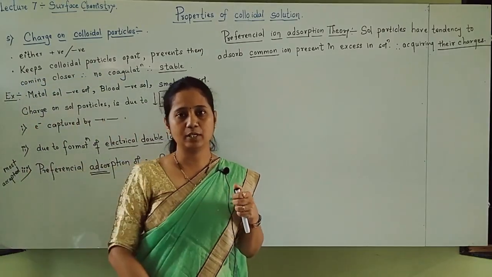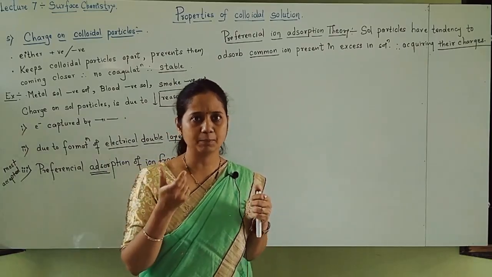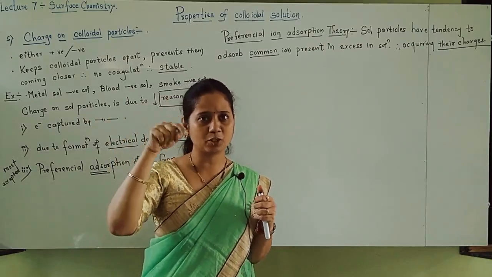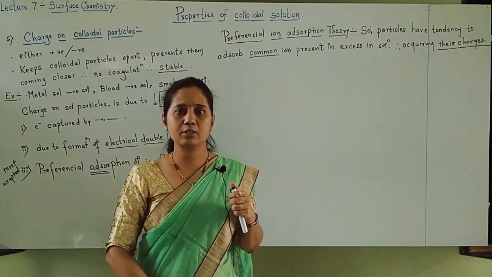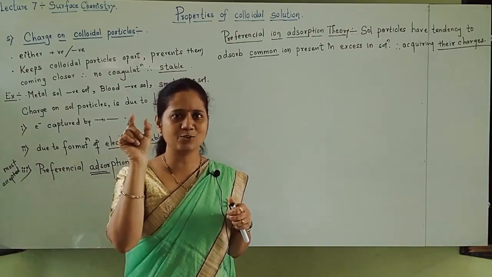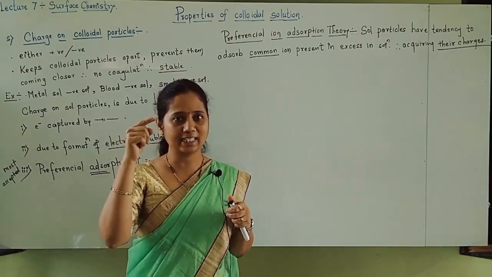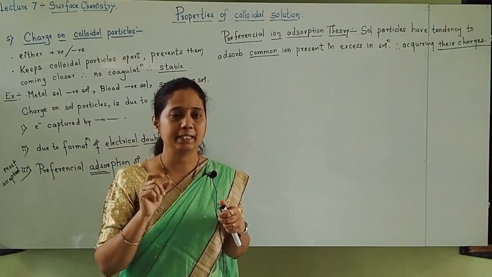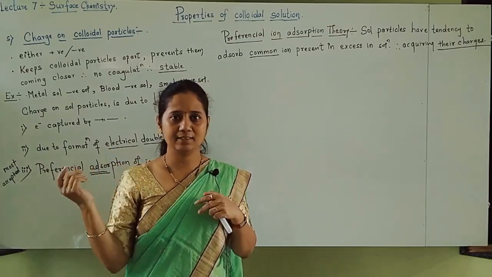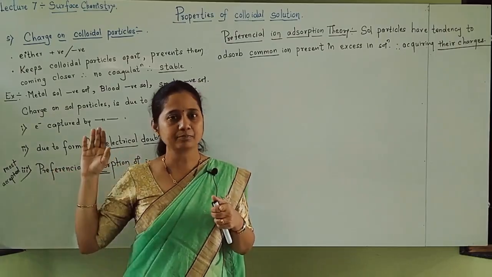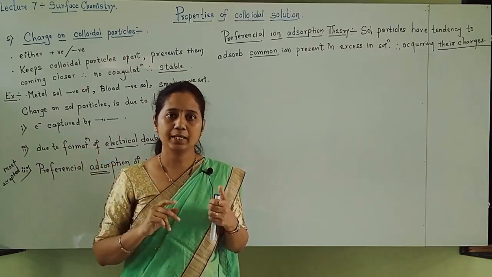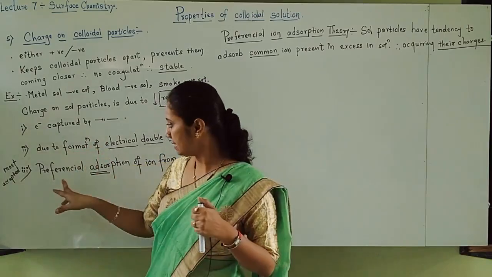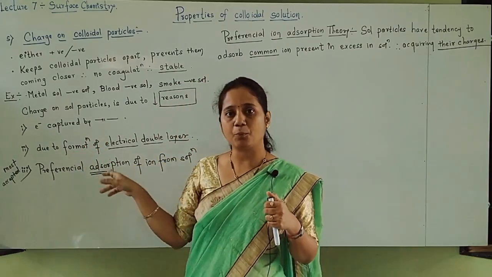There will be ions in the colloidal solution. How will ions be there? In the preparation we have seen that freshly prepared precipitate is shaken with dispersion medium and a small amount of electrolyte is added. This electrolyte dissociates into ions, and those ions get adsorbed on the surface of the precipitate, and that gives charge to the colloidal particles. In the peptization method I have told you that. So like this, there will be preferential adsorption.